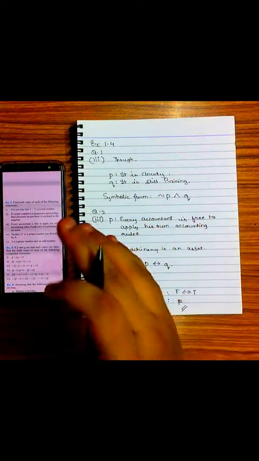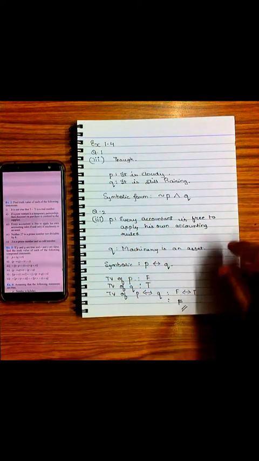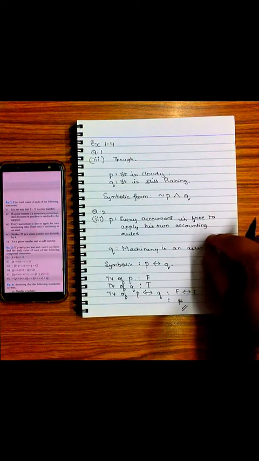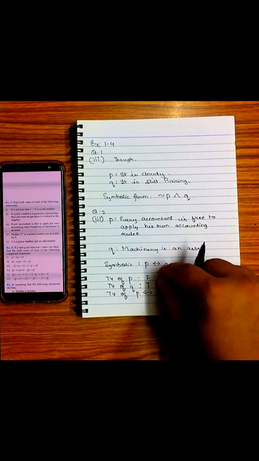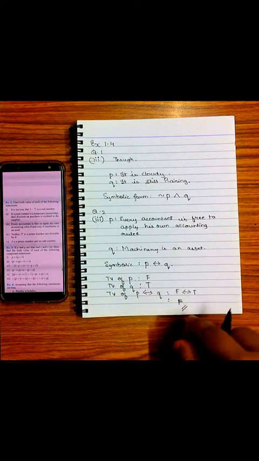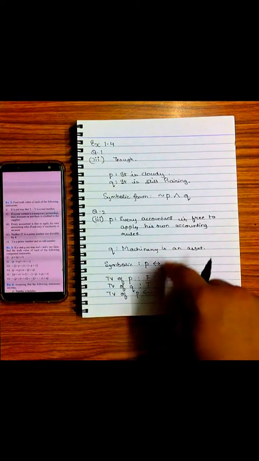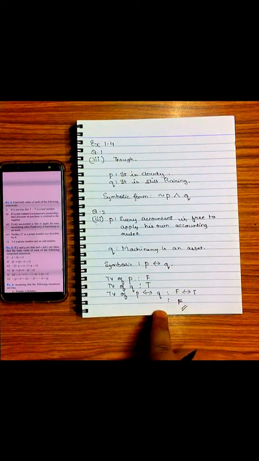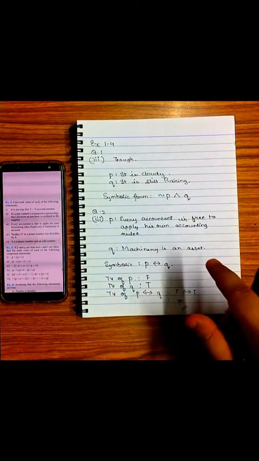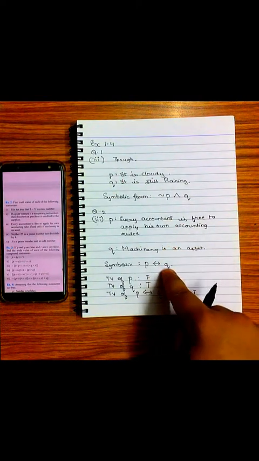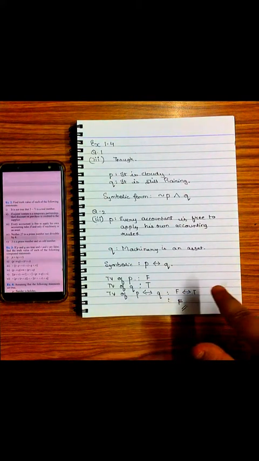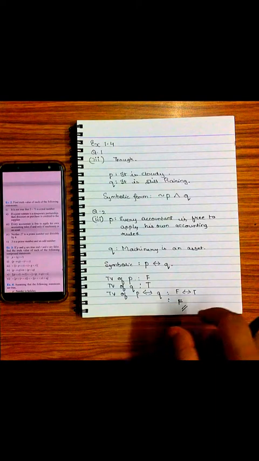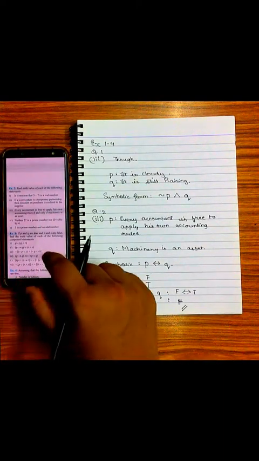Whenever you are asked to find the truth value of a compound statement, first tell them which are your two simple statements, then see which connector they have used and give it to them in the symbolic form. Then find out the truth value of each of your simple sentences, and ultimately using the truth table of the connector used, give them the truth value of your compound statement. Easy. A few steps. First step, define. Second, symbolic form. Third, truth value of simple sentences, and fourth, truth value of your compound statement. Okay, let's move on to the next one.